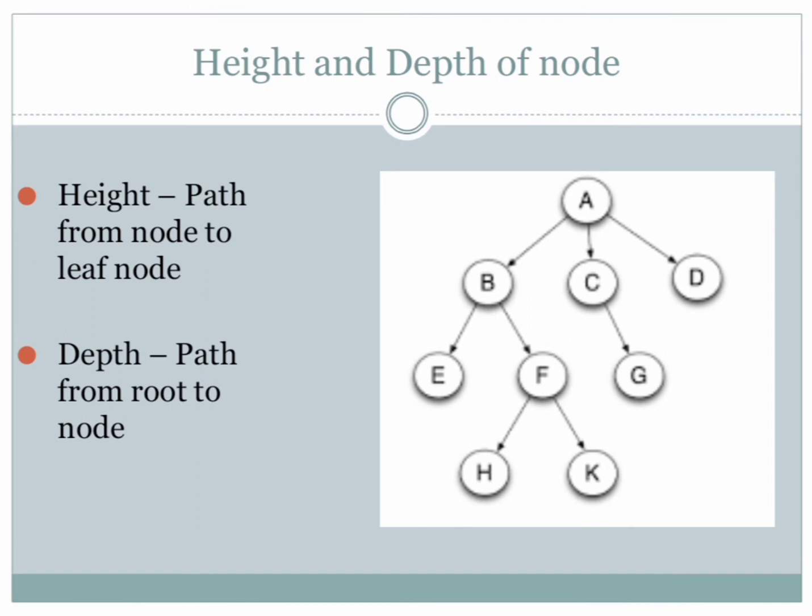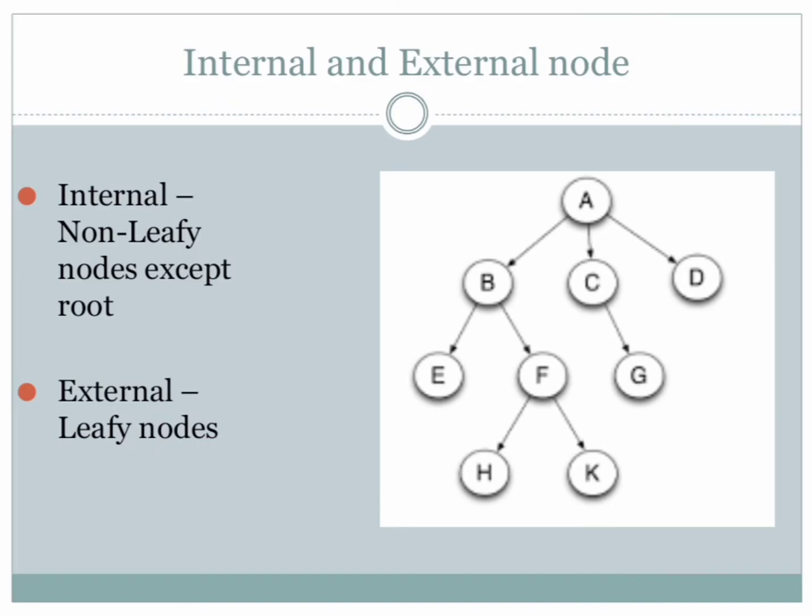Height and depth of a node. Height is the path from the node to leaf node. That is, the height of the tree is defined as the height of the root. So the height of the root is nothing but the height of A node. From A, there are 3 nodes respectively, so height of A is 3. Likewise, depth of a node is nothing but the path from the root to the particular node. If you take a node as E, from the root you have 2 levels to pass through, so the depth of the node E is 2. Likewise it goes on, and if you think for the node K, the depth will be 3 and depth of a leaf node is 0.